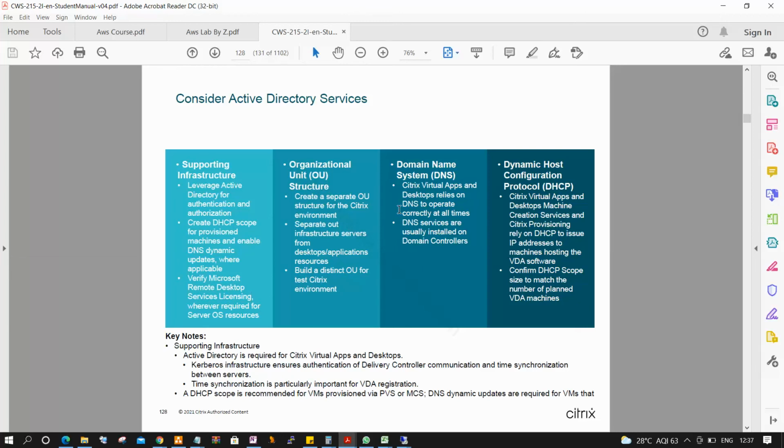Coming to the next one, DNS. DNS is a name resolution service between IP and hostname, and hostname and IP address. That's very important. Without the DNS service, nothing will work. And DHCP maintains the IP addresses.